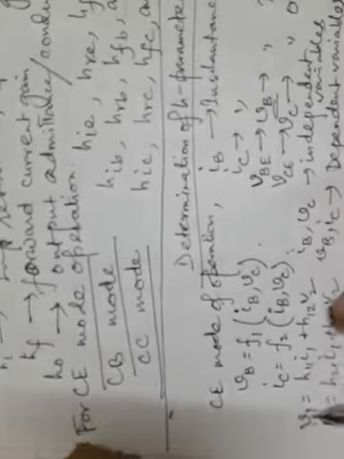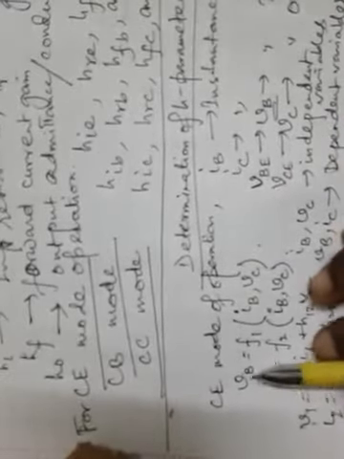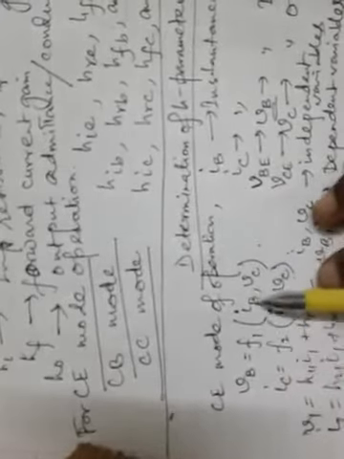So for this basic defining equation of a two-port network, V1 is the input port voltage, and for CE mode of operation, VB is the input port voltage. That's why this VB is expressed as a function of two independent variables. Now what are the two independent variables? It is IB and VC. IB is, as I have told you, the input current, and VC is the output voltage.